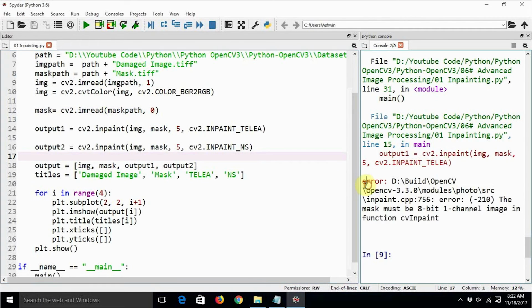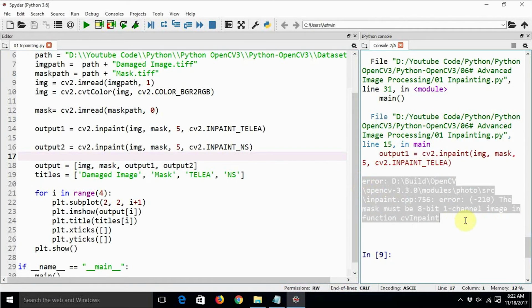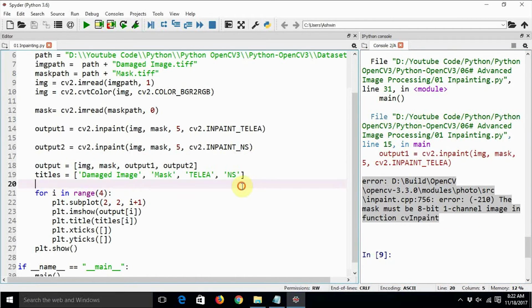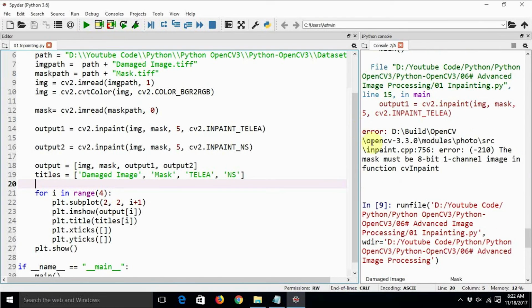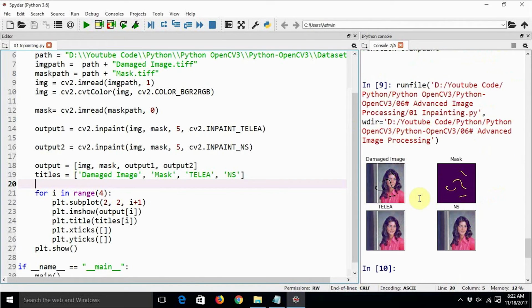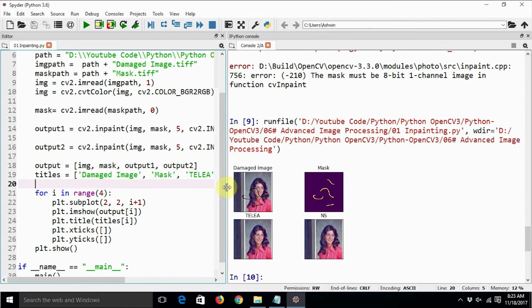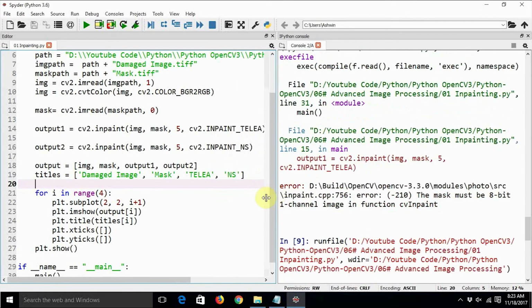That's why precisely the error was. It says the mask must be 8-bit one channel image in function cv inpaint. So let's execute the code. And yes, it seems to have corrected the images, or it seems to have repaired the parts which were missing. So mind it that these two are not the original images. I am not reading them, but I am constructing them using this mask.